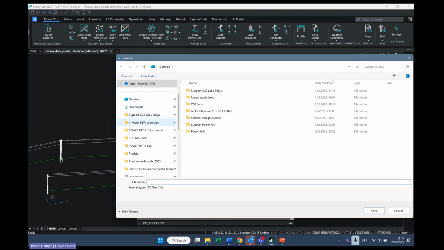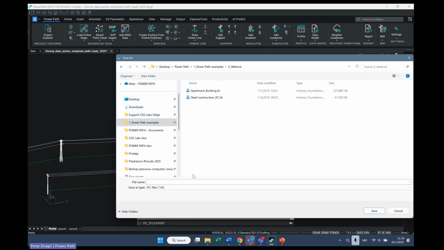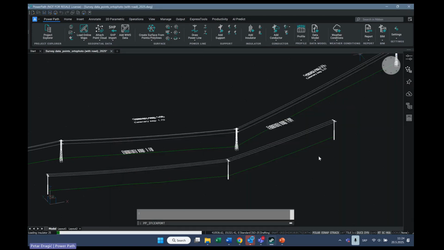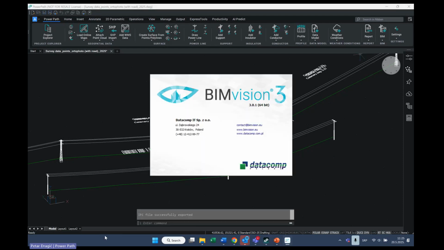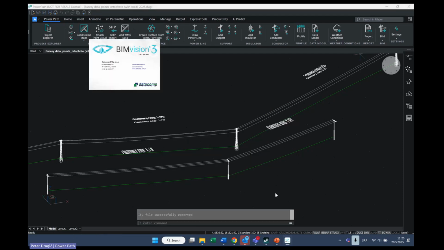Press OK, and let's say that is my example, power path with 25. Press save, because I want to show you how it looks when we have already added our property sets recorded in IFC format. Also, in the down left corner, you will see that there is a progress bar.